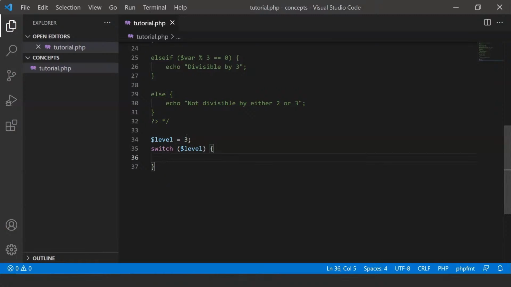type case. That is, the first case would be case 1 followed by a colon and the statement that you want to execute, that is echo "You are playing at easy level." And since you want your program to stop here itself, what you need to do is type in